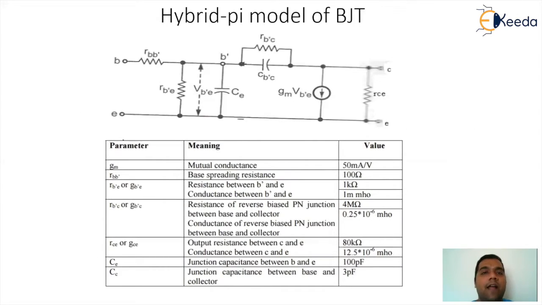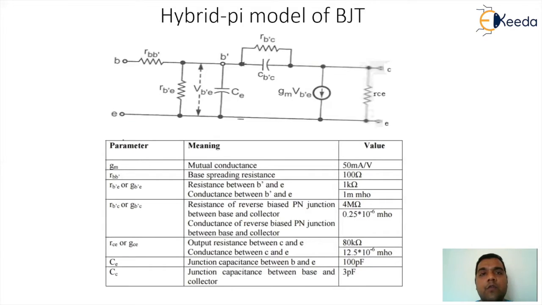The next model that we have is defined as the hybrid pi model of BJT. Now, what do you mean by hybrid pi model? This is basically a model that actually considers the impact or variation of frequency also. So as far as the analysis is concerned, a better estimation can be made with the help of the hybrid pi model, because an amplifier operates for a range of frequencies, or we can say bandwidth. So whenever it happens, the impact of capacitance will come into the picture. Whatever the device capacitances are, even they will have an impact on the operation.